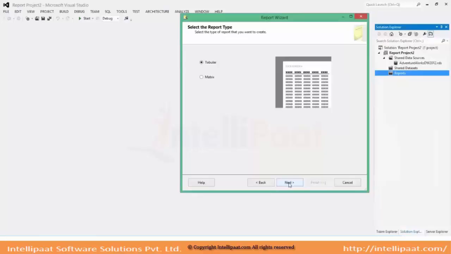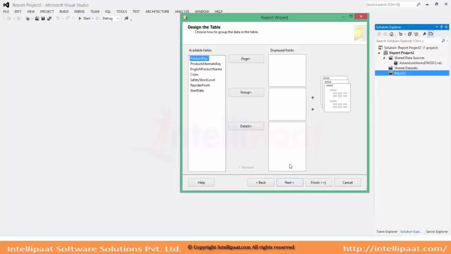Next. So how do you want it? You want the tabular or a matrix? At the moment, tabular. What should go as a group, what should come as a detail, what should be as a page. We'll come to all of that. So the color be the group and all others be details. Product name on top. Put alternate key. Okay. Next,